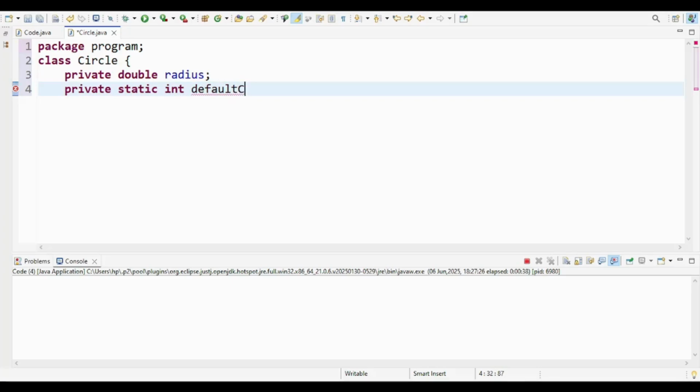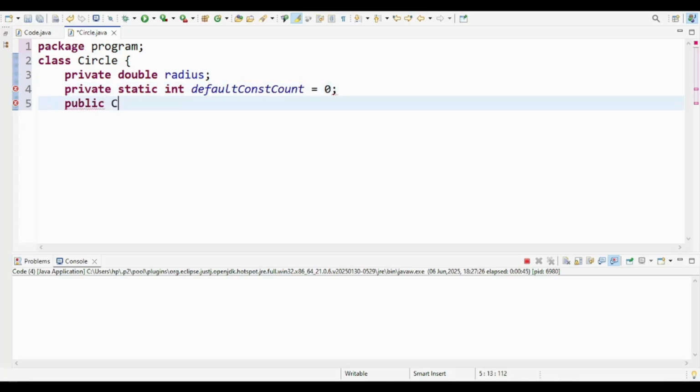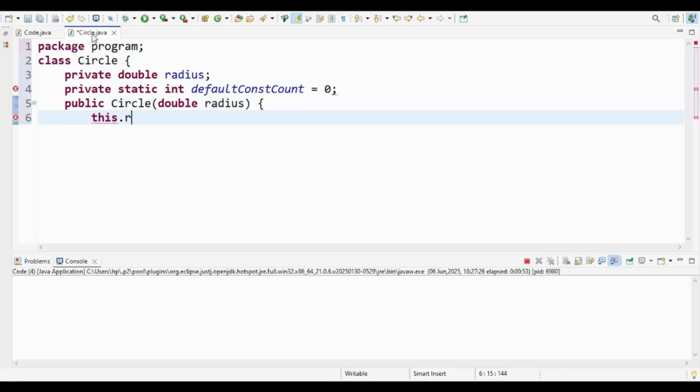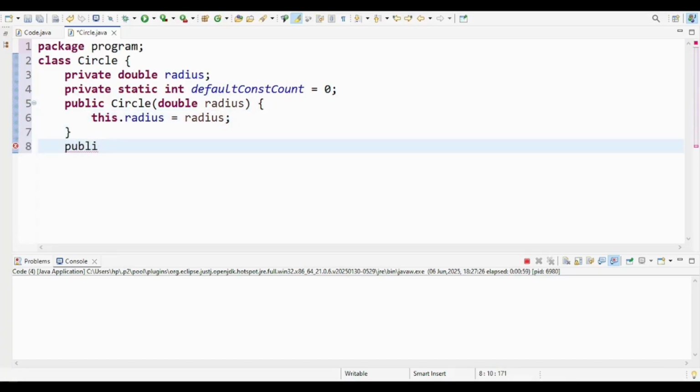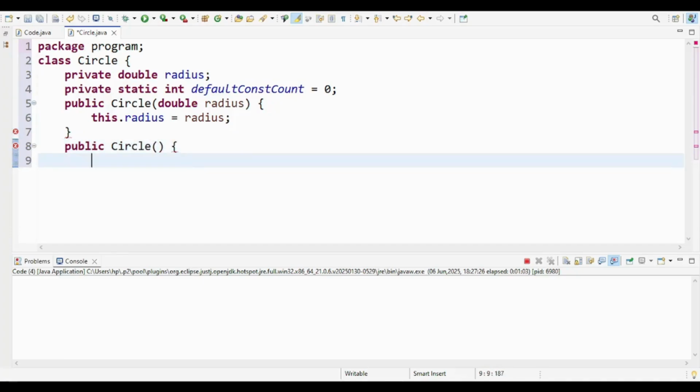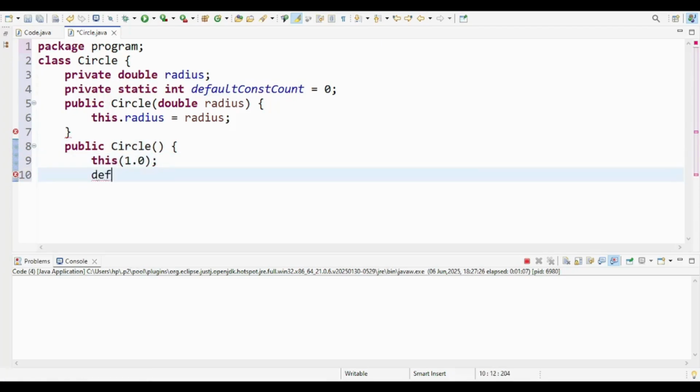Next, we declare a static variable named defaultConstructorCount, and static means the variable is shared among all objects in the class, and we will use it to count how many objects are created using the default constructor. Okay. Now, we define a parameterized constructor that takes a double value and assigns it to the radius.